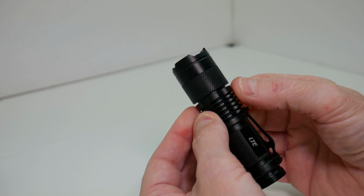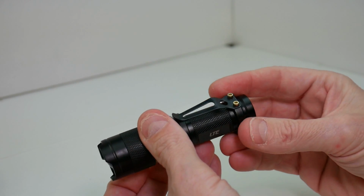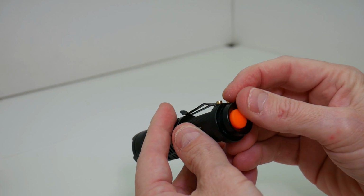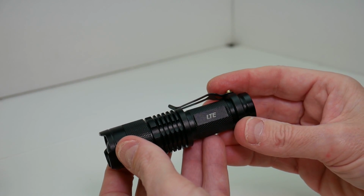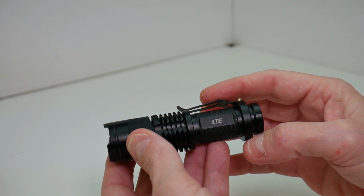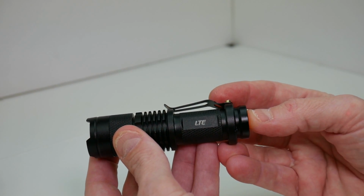This particular textured surface right here doesn't serve anything except for maybe a gripping surface. So I like everything about this flashlight so far, especially for the price point. I like the size. The light output is very solid. It's very bright. It does have a blue tint to it, and the 3 modes are accessible by